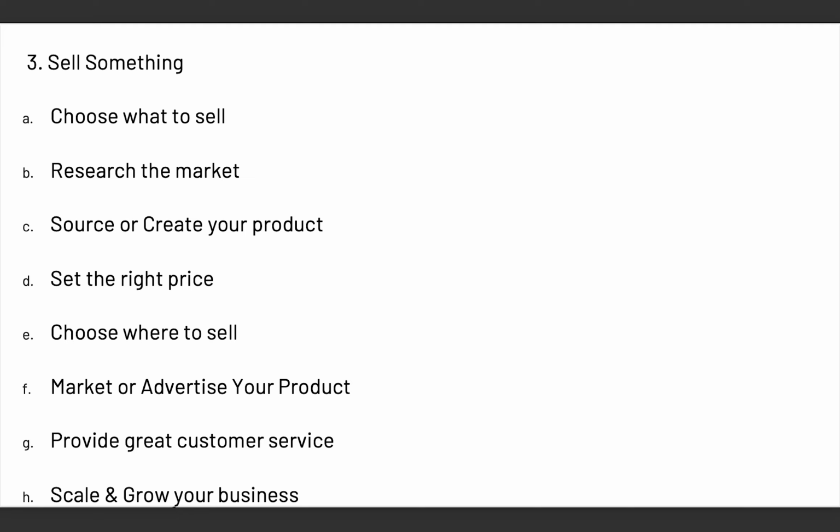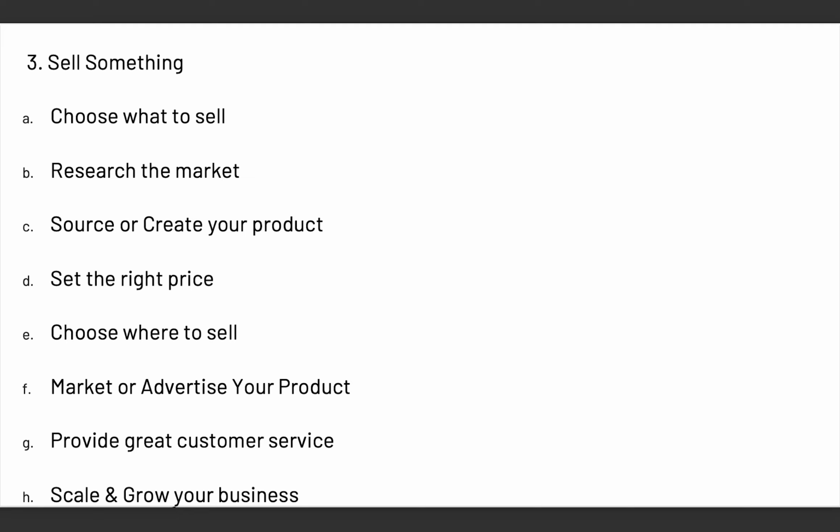Now, after you've done that, the next thing is to set the right price. The right price is the price that will make you profitable and the price at which your customers can easily afford your product. And for you to set a price that will be profitable, let's say, for example, you source your product at $5 per item. So you are buying one item for $5. And let's say you want to make $4 profit or maybe $3 profit, then that means your price should be $8 or $9 so you can make profit for yourself. And make sure that the $9 is something that your customers can easily pay for that product.